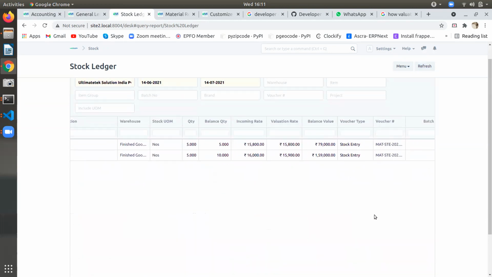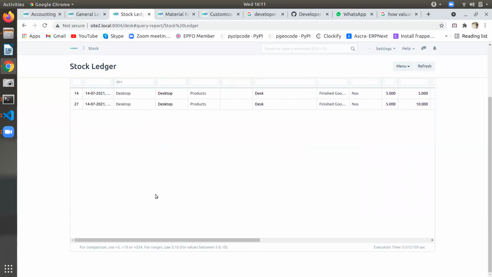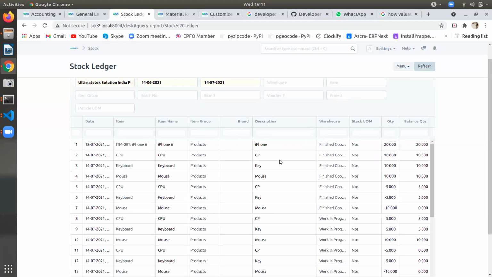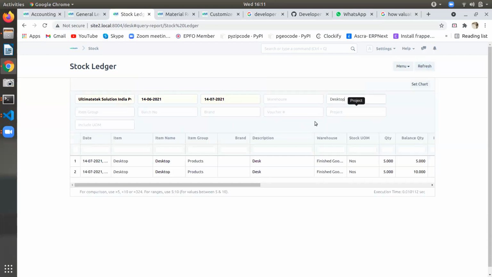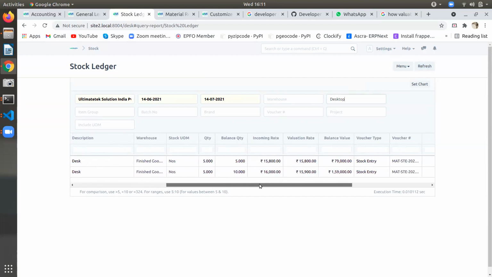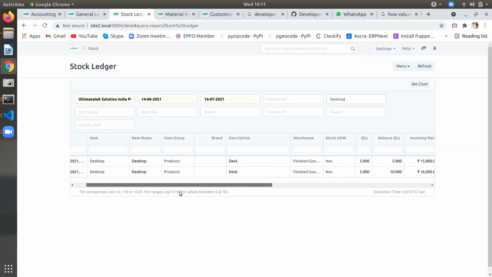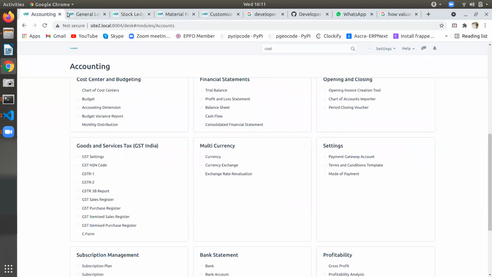Because it doesn't depend on the sales. It depends on the next incoming rate. The balance quantity is showing 10, I think it's not refreshed. Please check whether the sales invoice is submitted or not.